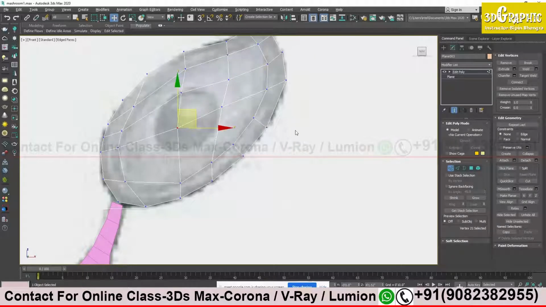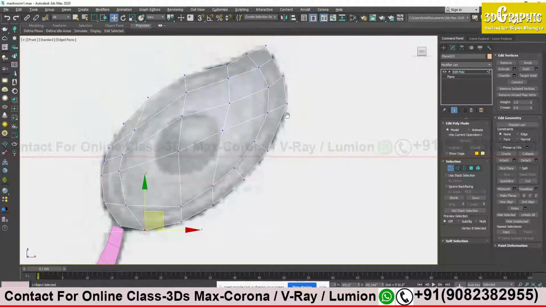On the outer side there is nothing to help you, so you have to be a little careful on the edges. It has to be perfect. Just try to create extra edges and vertices to get the proper shape. And at the center, if you make any mistake, it will not create any bad impact on your model.